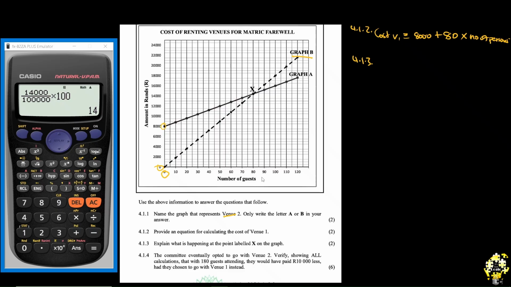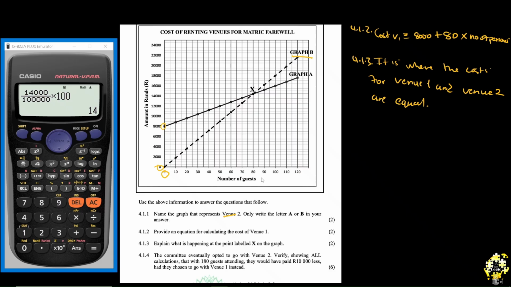You see now, here's the break-even point. But in this regard, it's different. Point X is where the costs or expenses for venue 1 and venue 2 are equal. I know you'll be tempted to say it's a break-even point, of which it is, but we're talking about